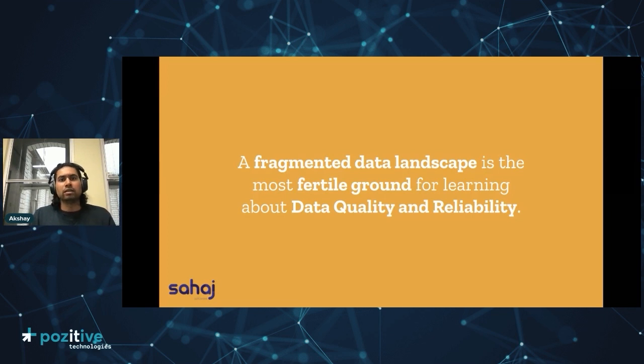The client that we've been working with is a large research publishing company based in the UK, and I've been working with them for over the last year. The company has undergone quite a lot of mergers and acquisitions, which has resulted in a very fragmented, not just data landscape, but also systems landscape. They have quite a lot of different systems that do similar things slightly differently.